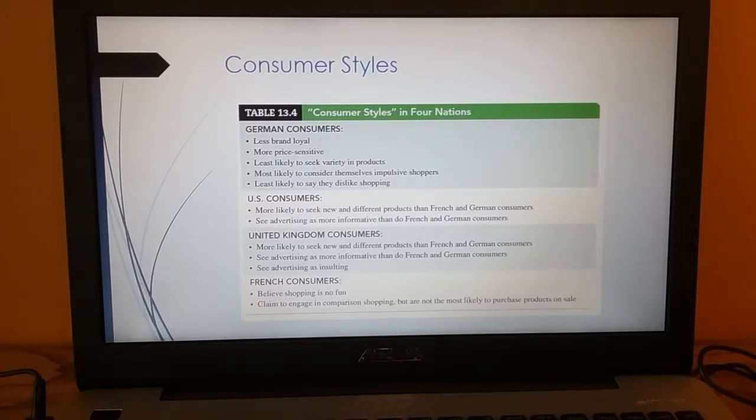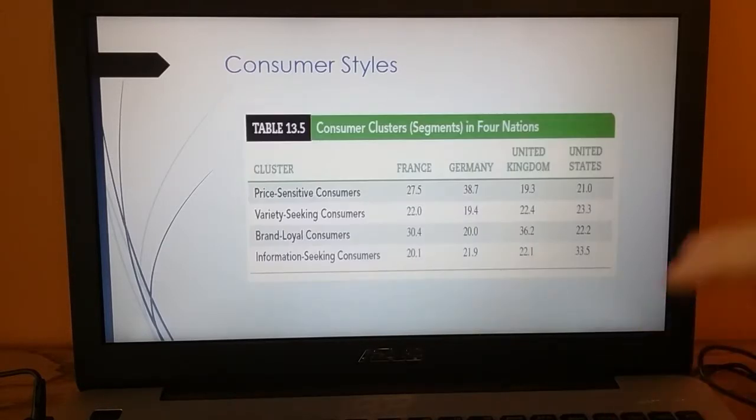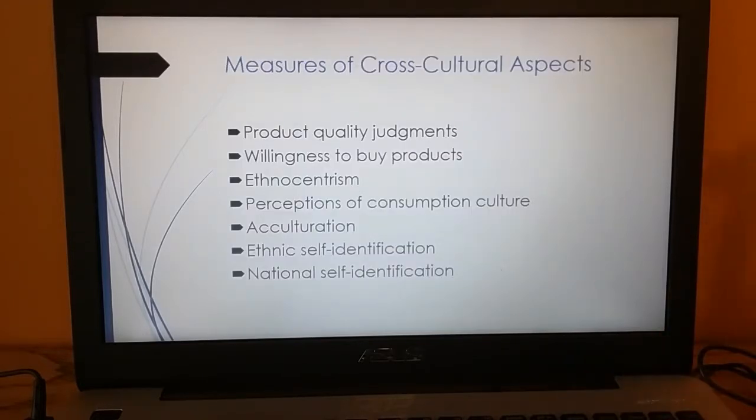And again, if you're going to, quote-unquote, go global or move your product into another country, you're going to be interested in what, generally speaking, their consumers are interested in. Okay, so